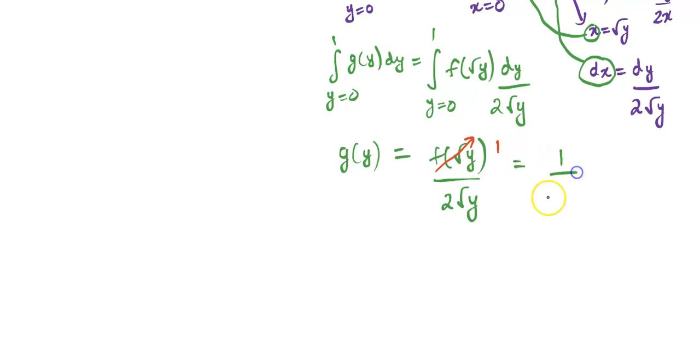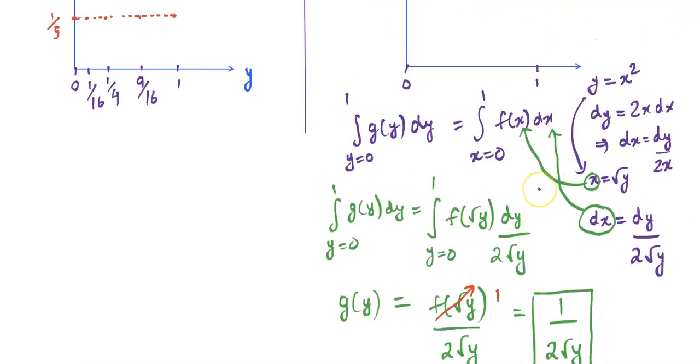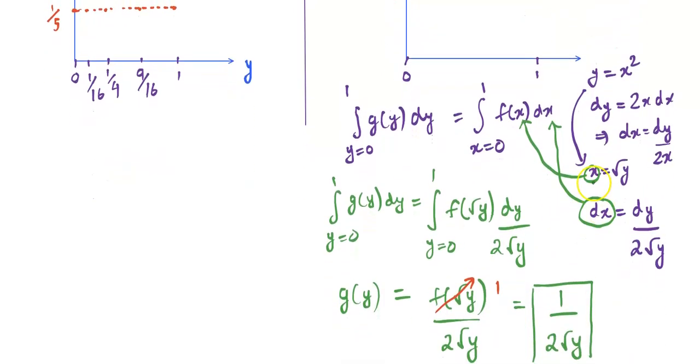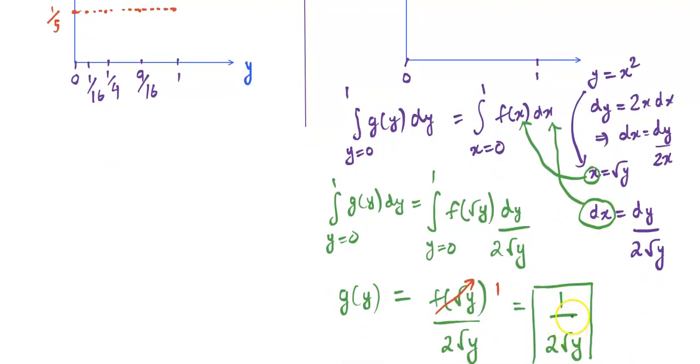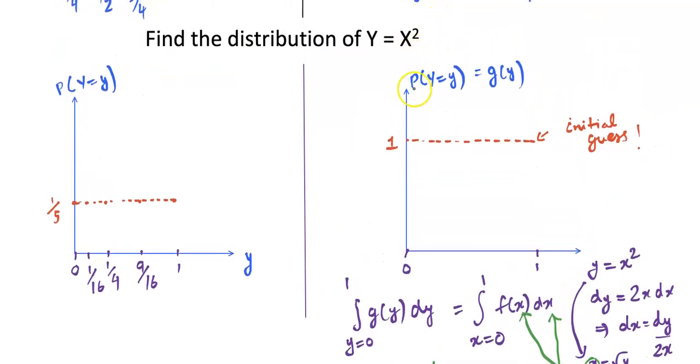So g of y is 1 by 2 times the square root of y. And of course, this is for y ranging between 0, and I should be careful here because 0 cannot be a part of the domain. And yes, so this my friends is the distribution of g of y. Isn't this interesting? If we were to try to graph this, it's 1/2 divided by the square root of y. So when y is 0, this is going to tend to infinity. And when y is 1,